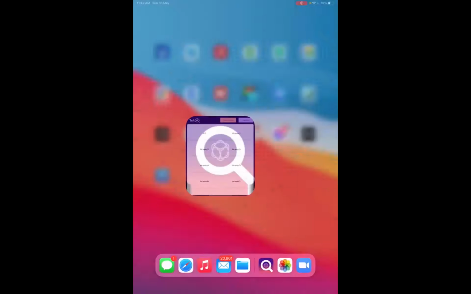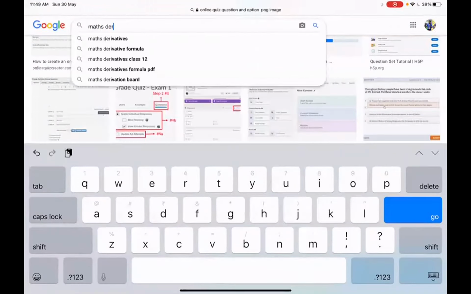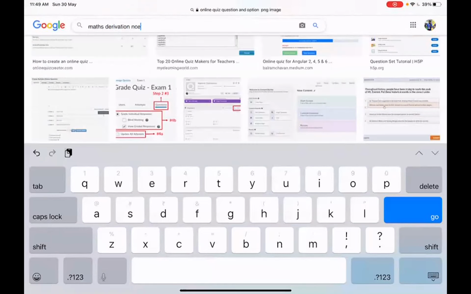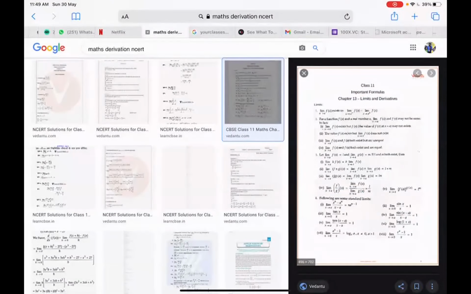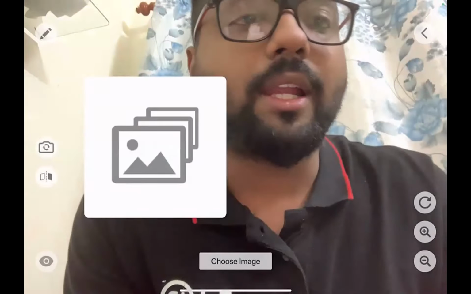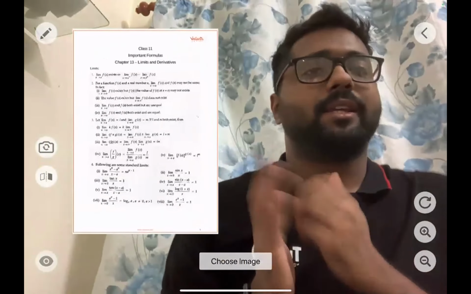So what I can do is right now I'm just going to download that derivation. Okay, I'm just downloading one image from the internet right now. I'm just showing live in front of you how this is done. Just opening the tutor application, clicking your content, choose image, just choose the image. See, that image pops up right next to me. See, that is appearing right next to me.